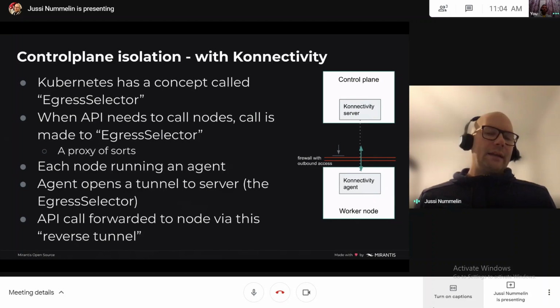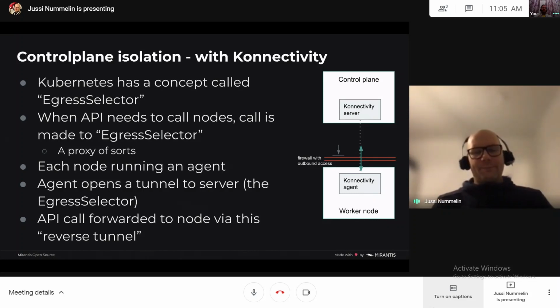So it basically acts as a proxy of sorts. Whenever the API needs to call something external, whether it's some external API or a node or kubelet API, the API makes the call to this egress selector, which is a proxy of sorts.